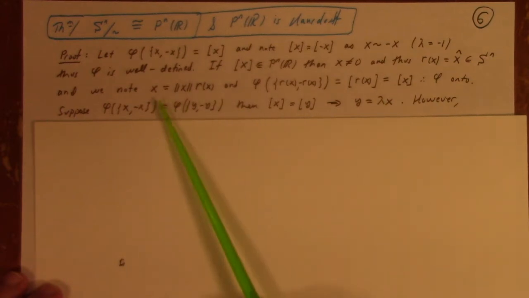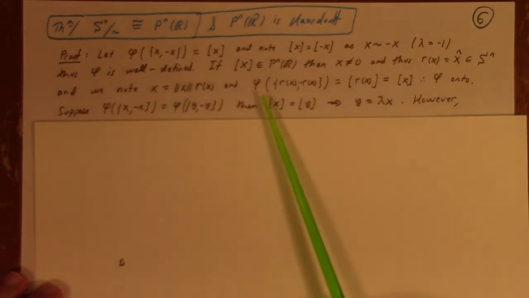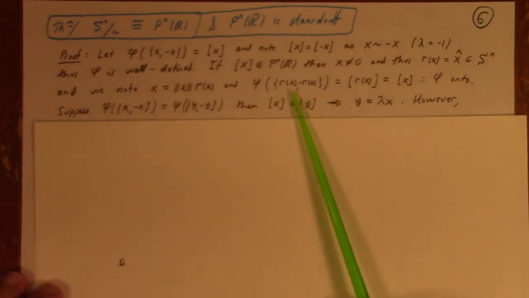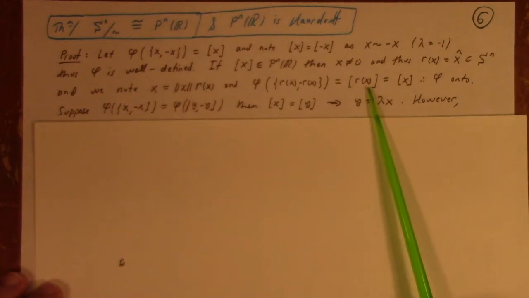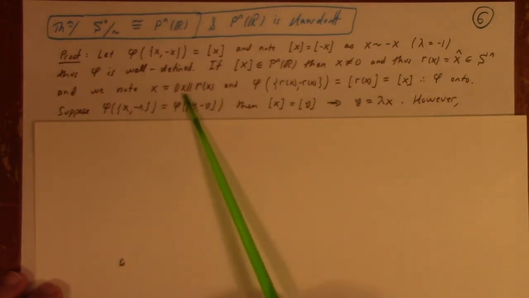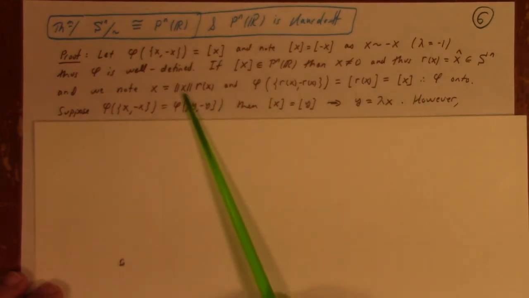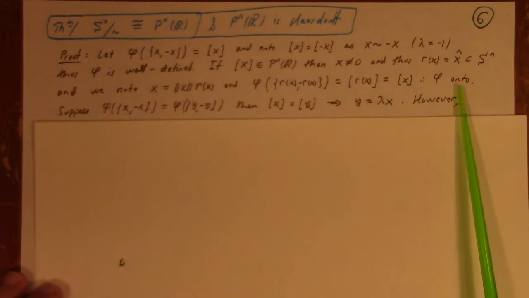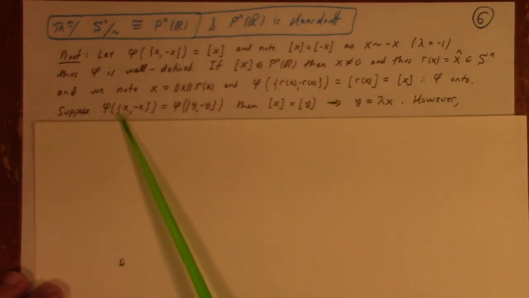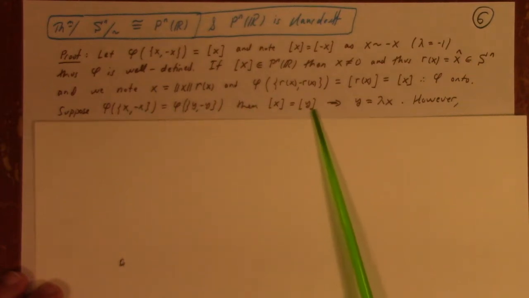Anyway, so any vector is a magnitude times its direction, and you can easily see that phi of the antipodal pair r of x comma minus r of x is equal to the equivalence class of r of x, which by this formula right here is the equivalence class of x, right? Because you just take lambda equal to the norm of x and they're equivalent. So anyway, phi is onto, and to see that it's 1 to 1, suppose you got that equal to that, then it means the equivalence class of x equals the equivalence class of y,